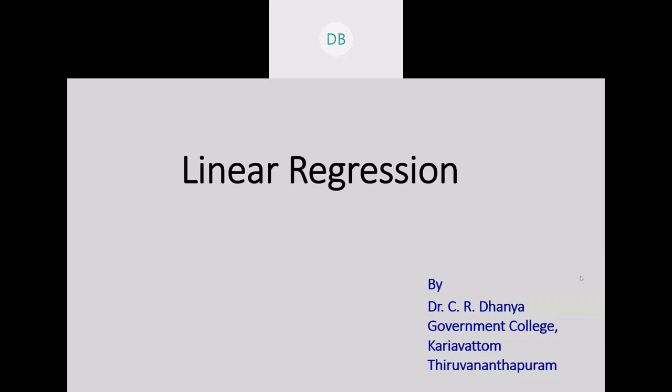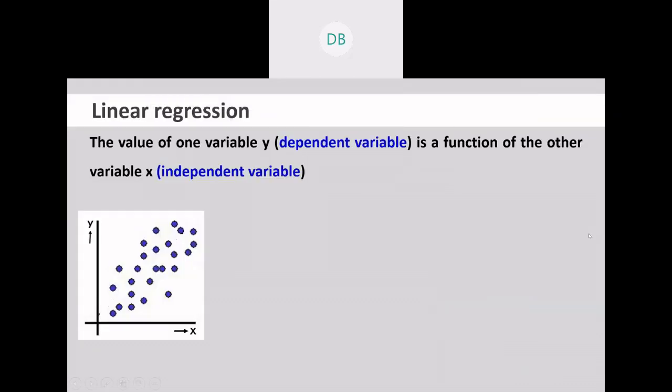In this video, we will be going through the basics of linear regression, which is a type of regression. Linear regression comes into play when a dependent variable y is a function of an independent variable x. If you conduct a statistical experiment that gives you bivariate data, that is two sets of data, and you plot it graphically, you get a scatter plot.